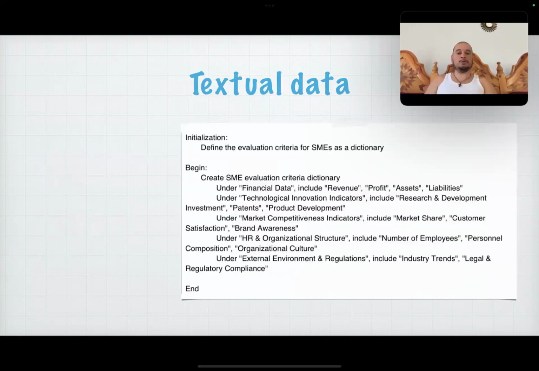And here now I want to dive deep on the first use case of the textual data. This image is the prototype of the large language model implementation proposed. So it starts with an initialization. It creates a dictionary, a knowledge base of the data